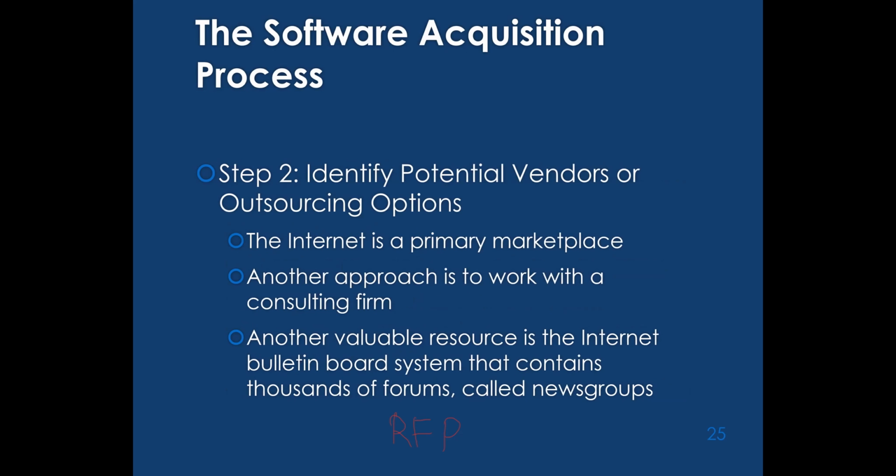The next one, after we do step number 1 to evaluate information system requirements, is step 2: you have to identify potential vendors or outsourcing options. Before we send the RFP or quotation to the vendors, don't send it to every vendor in the country. Just identify potential vendors or outsourcing options first. The first one: the internet is a primary marketplace. You can search from the internet, or if you have your network, for example your friends,